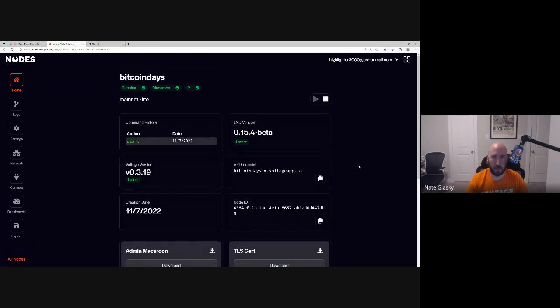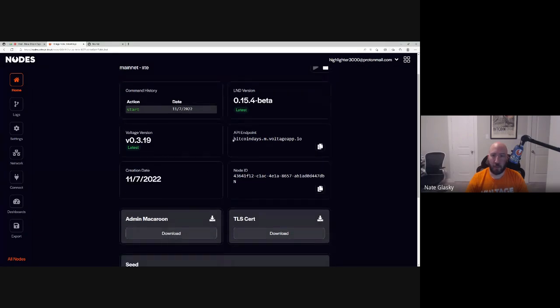It's very important that you think of your node as actually your node. Voltage is just running the hardware that your node is on. So you still have to sort of take responsibility for it. So you do have to update it, but we make it easy. It'll just be a button right here. So definitely log in and make sure if there's any updates for you every so often.